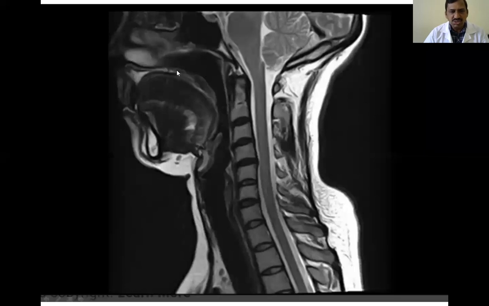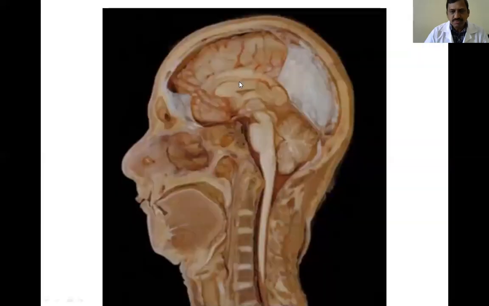That is, what structures are present in the normal section of the head and neck, especially the sagittal section. For that purpose, we are going to study what structures are present in the sagittal section. Okay, next. Here you see this is a section of the specimen, that is the mid sagittal section of